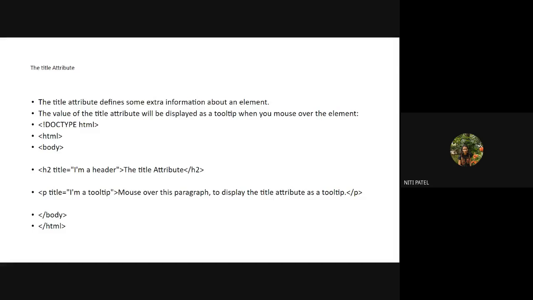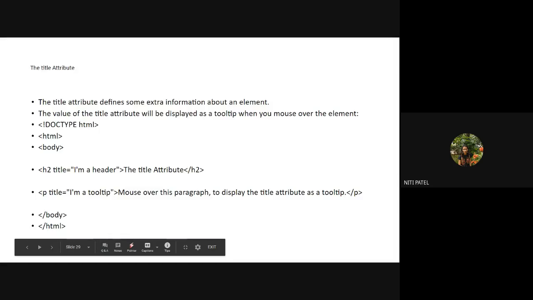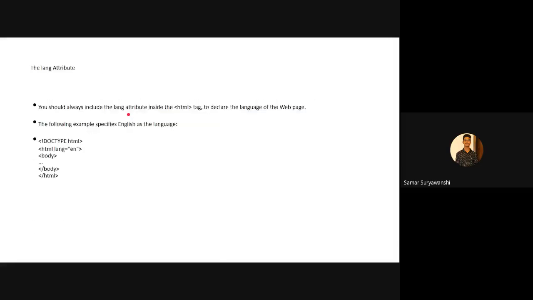What was the first attribute? href. href was the first attribute. Then we had seen image source, width and height. After that, we had seen the alternative text. Then we have seen the styles applied to the text like fonts and colors. Then we had seen the language, and then we have seen the title attribute. Okay. Have you understood up till here? Yes, ma'am. Okay. From next lecture, we will be starting with block level tags.